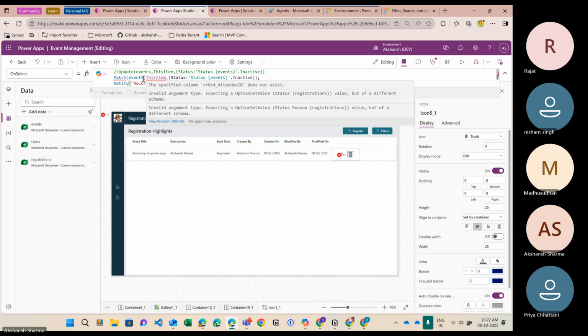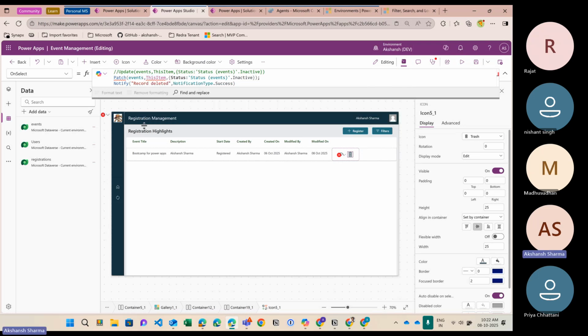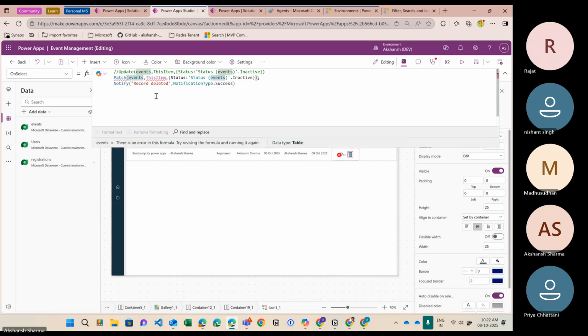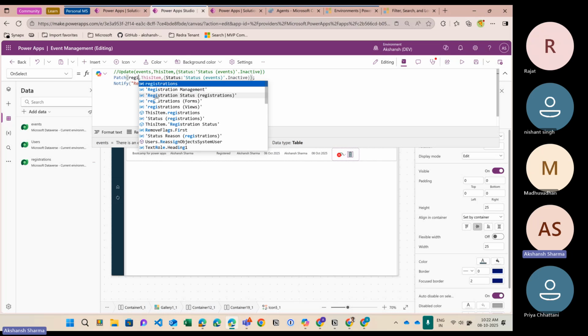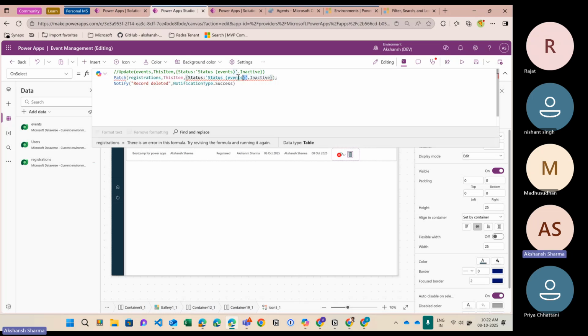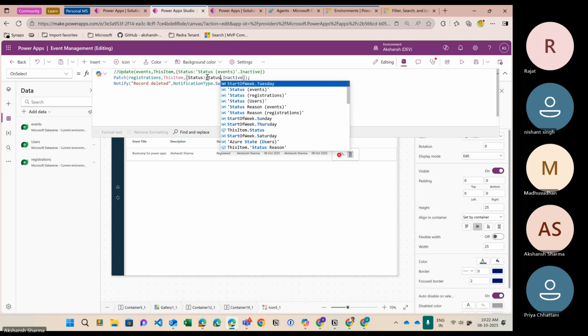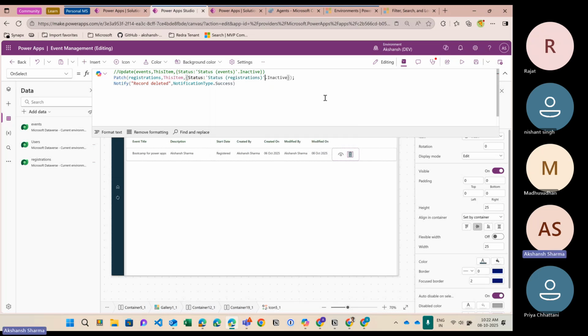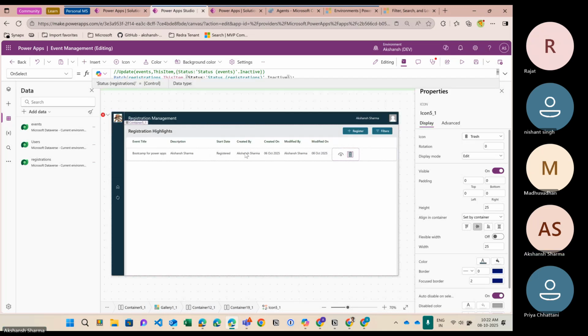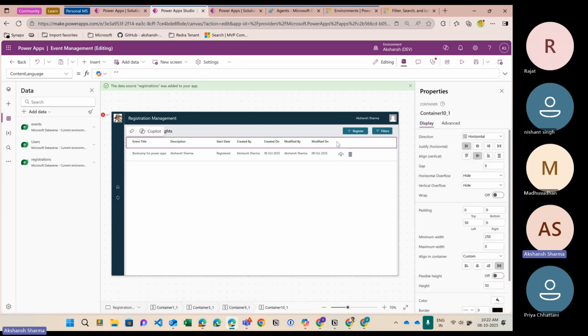So yeah, this batch one we need to change to registrations. We'll change status registrations, and that should solve the problem. Great. So now you can see we have two icons here, and our gallery